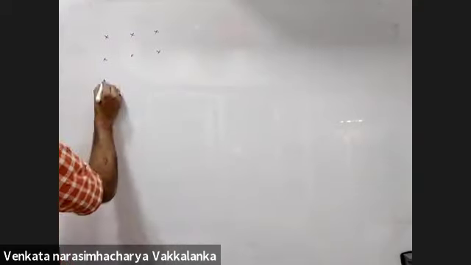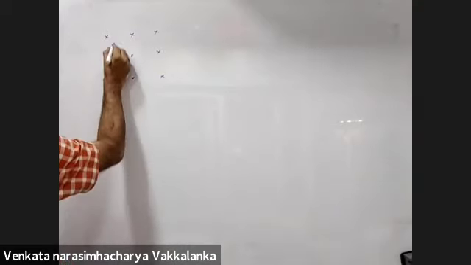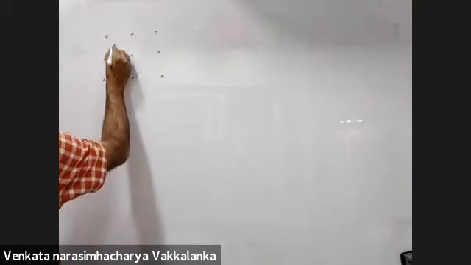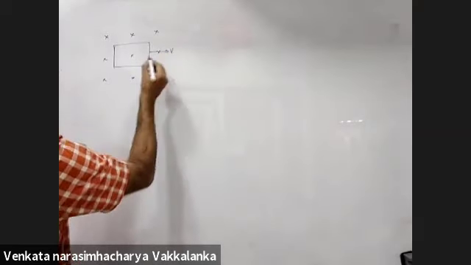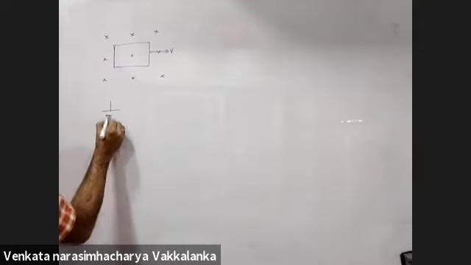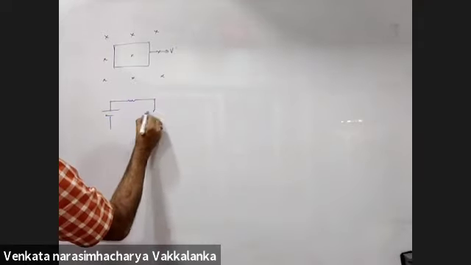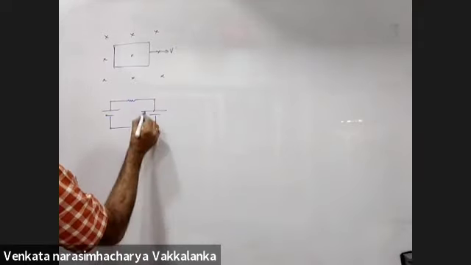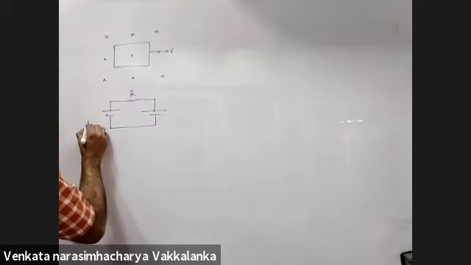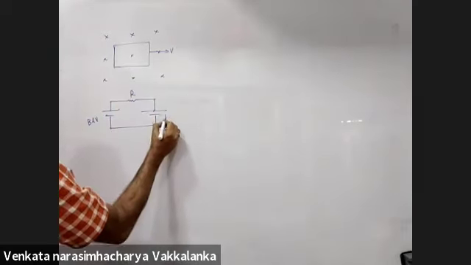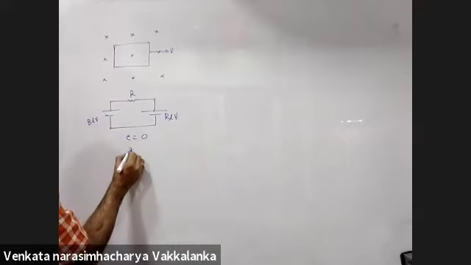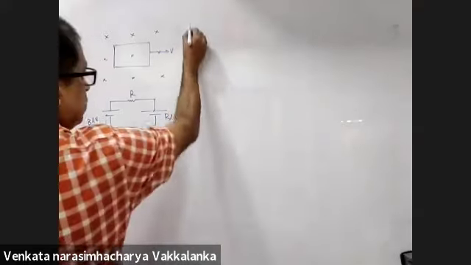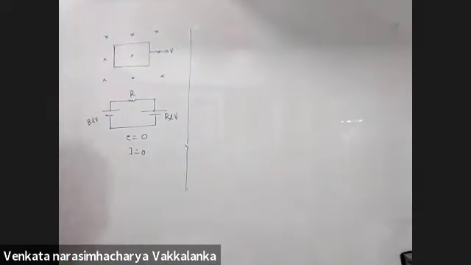Now, listen to this condition. We will have to revisit this for a particular reason. When the loop is completely inside the magnetic field and moving with a velocity v, the induced EMF was this way. Agreed? All four resistances I put here, this is BLV and this is BLV. The net induced EMF will be 0, induced current will be 0.